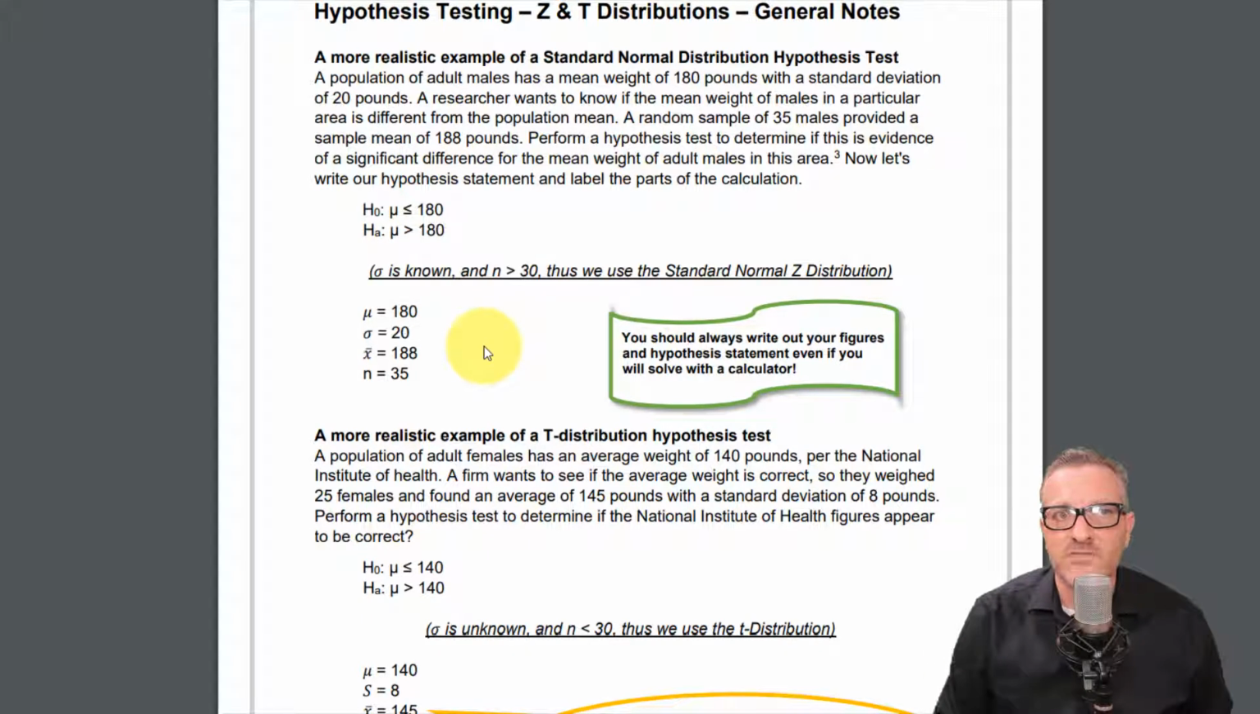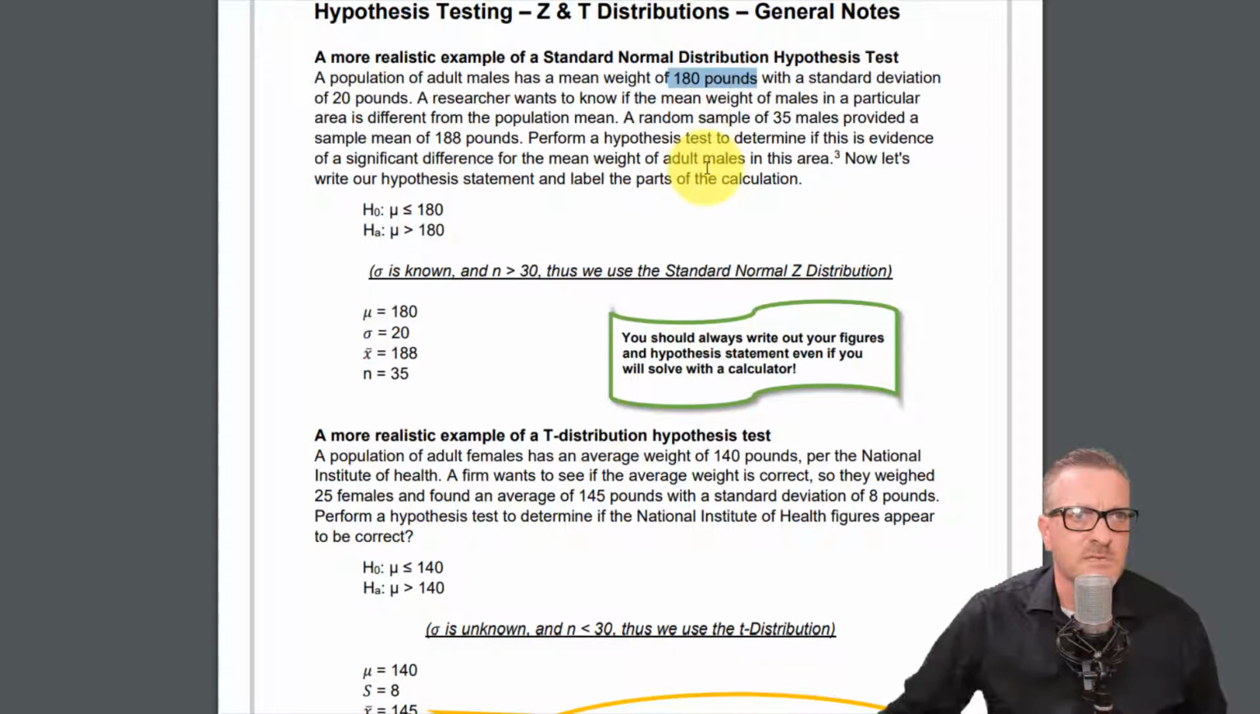A random sample of 35 males provided a sample mean of 188 pounds. Perform a hypothesis test to determine if this is evidence of a significant difference for the mean weight of adult males in this area. And it says, now let's write our hypothesis statement and label the parts. Okay. So what we do is we write out our null hypothesis, and our null hypothesis says that they weigh